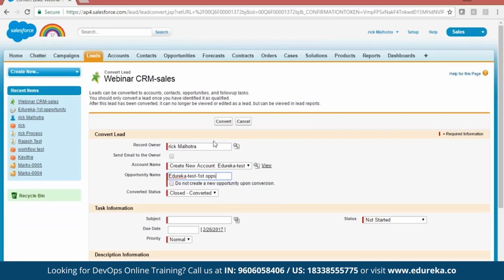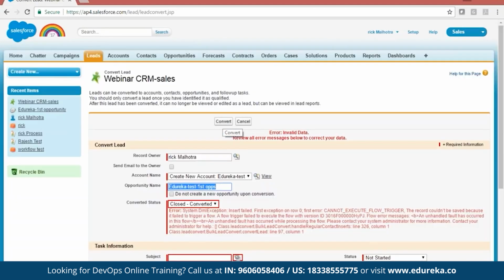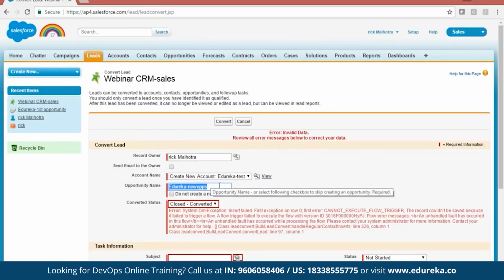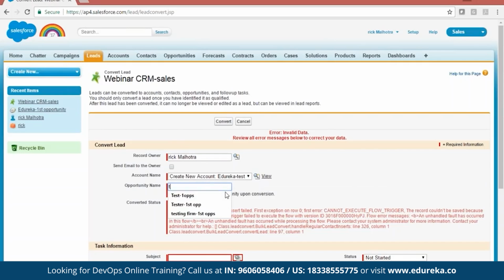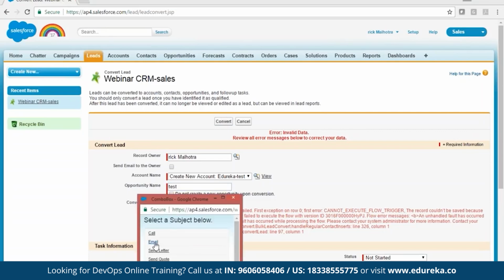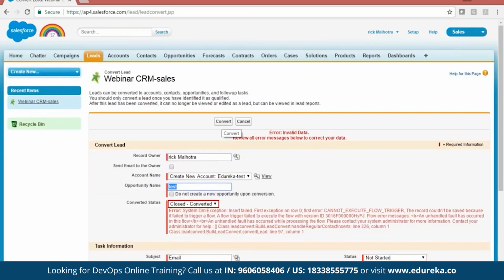So let's create it. Click on convert. The moment I click on convert, I will not be able to see this lead. The error is they don't accept these spaces and all that. So let's give it a new name. We can save. Okay, the reason is something else. I will tell it to you later. So I'm also using this org for another purpose. So I have created a trigger, like a rule, that it should be like this. So let me do one thing.